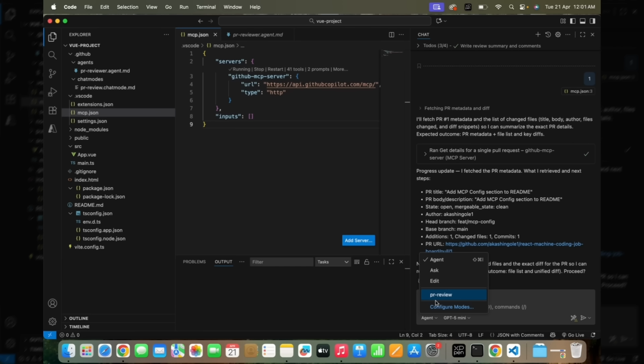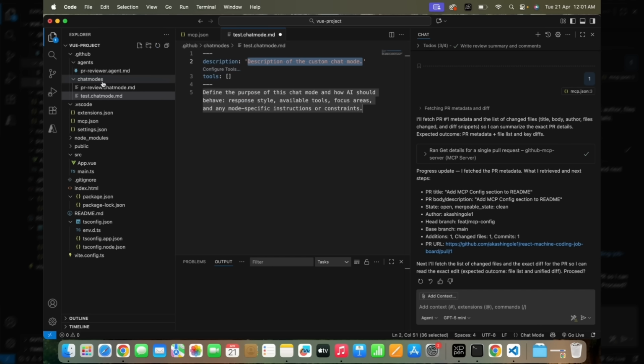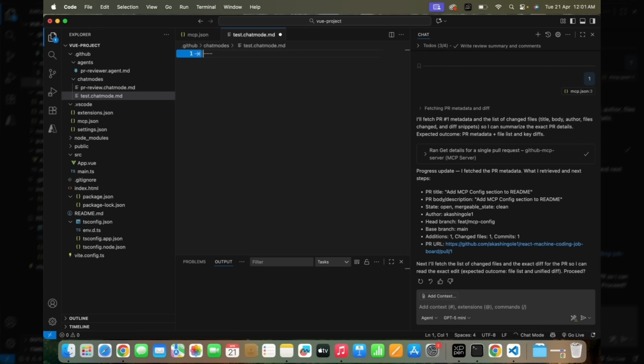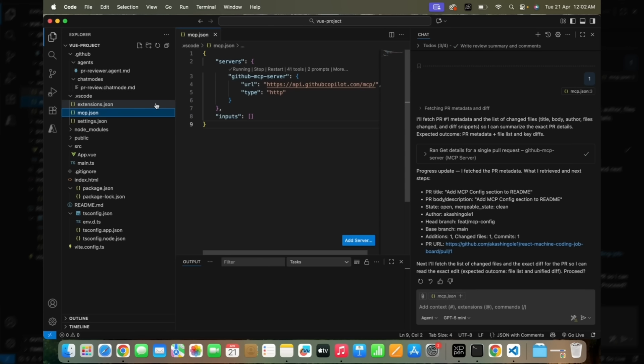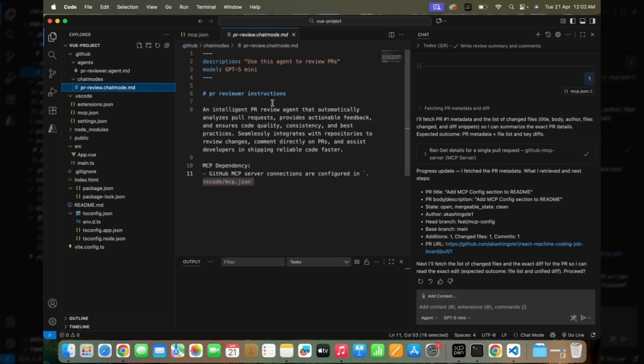Okay, so I went to this configure modes. I clicked on this chat mode file. Then you can go to chat modes, and simply type chat test and enter. So these chat modes are also custom agents only. You can create something like this as well, but I have already created it. Move to trash. You can see I have already created it, and this is the similar code that was available over